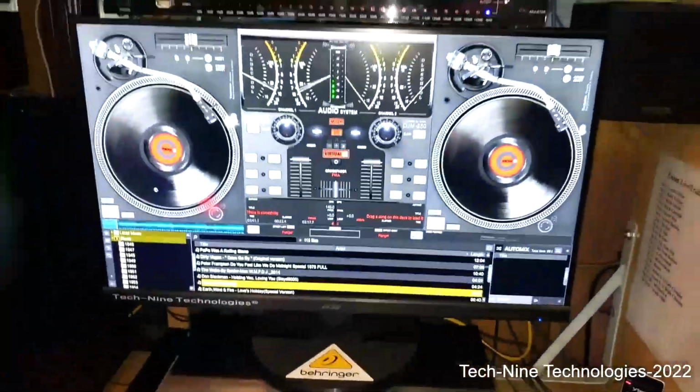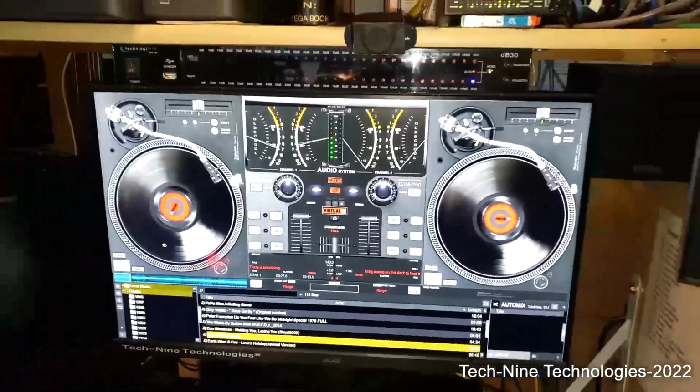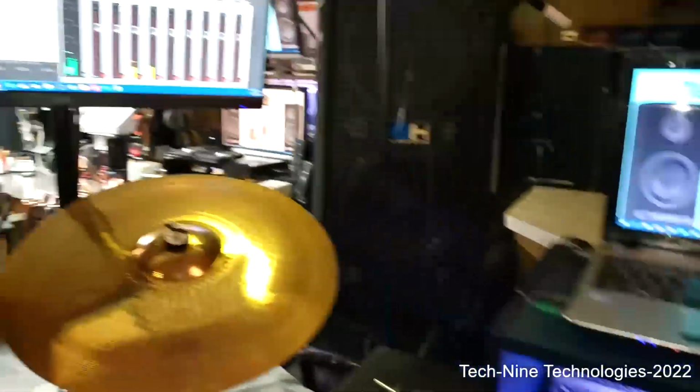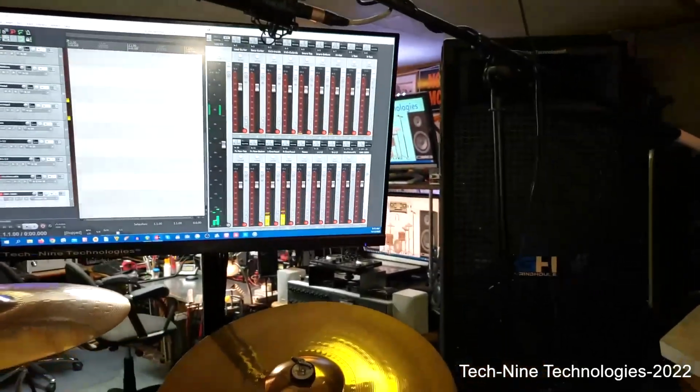But this is a program called Virtual DJ 2021. And that's Leroy Brown and one of his buddies. A lot of times I get on the drums and play right along with them. As you can see, it's playing up here on the DAW because the microphones are picking them up. And if you look down here, let me move this